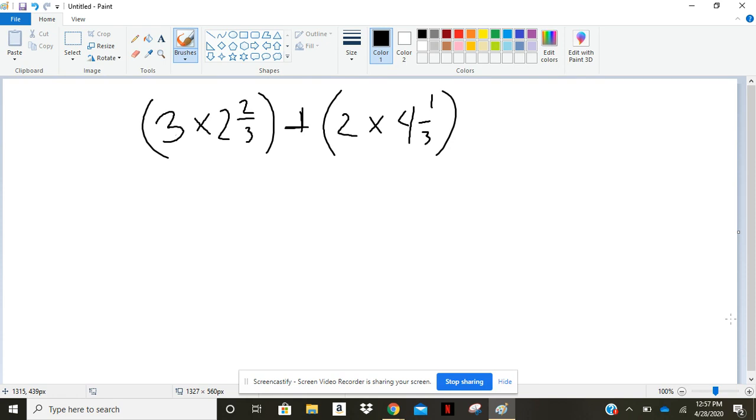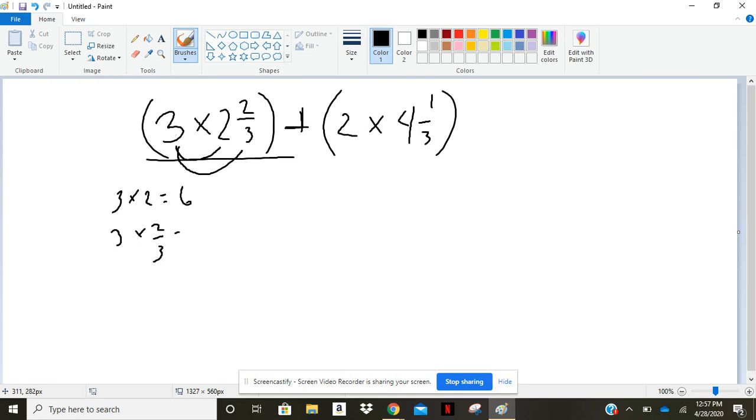doing your work. So we're going to start by looking at this first problem, or first side of the problem. And I'm going to take the 3 and I'm going to times it by 2, and then I'm going to times it by 2/3. So I'm going to split up that 2 2/3. So 3 times 2 gives me 6, and then 3 times